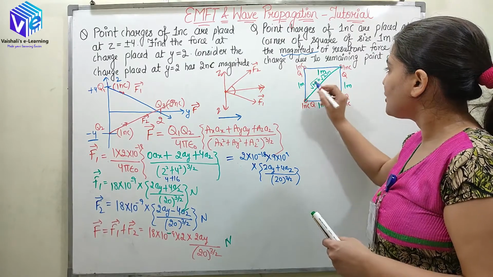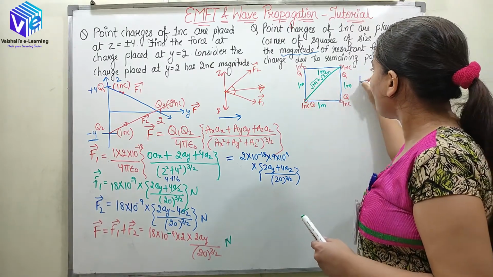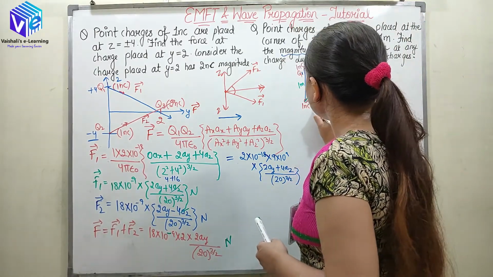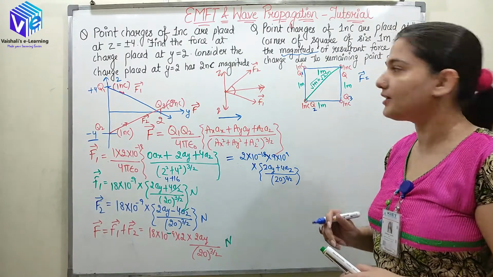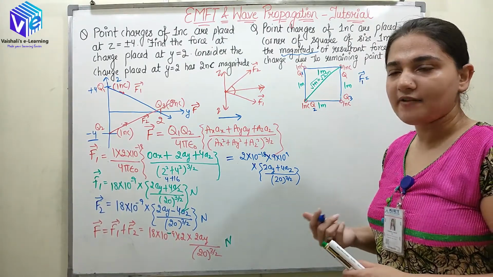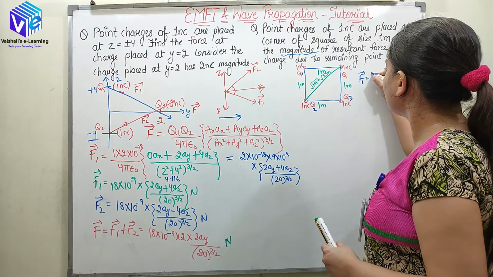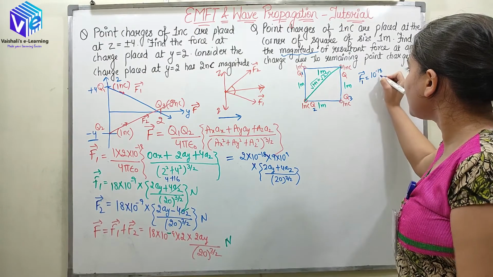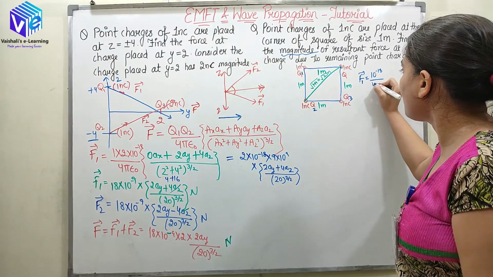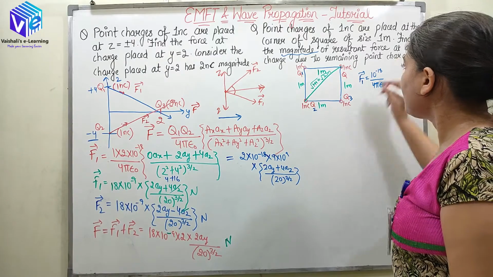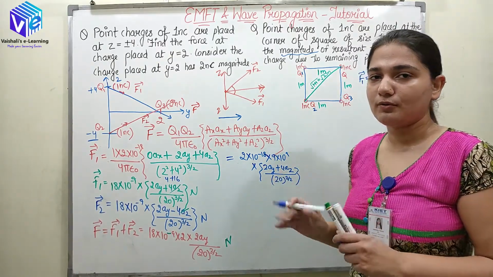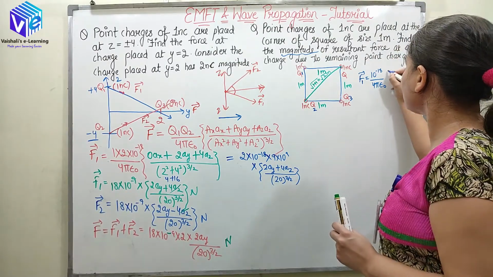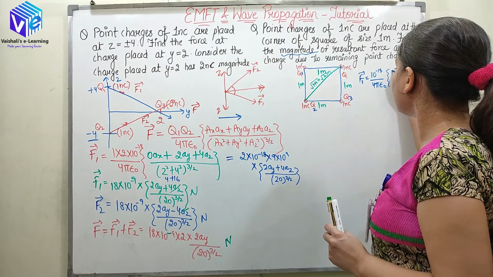What will I be doing? So here, what is the force due to this charge? Let's suppose this is my Q1, this is my Q2 and this is my Q3. Force due to Q1 is F1. So it will be equal to 1 nanocoulomb into 1 nanocoulomb, which is 10 raised to power minus 18 coulomb. So it is Q1 into Q2 upon 4 pi epsilon naught. I am supposing that we are in vacuum. So whenever nothing is given, you will be using epsilon naught only. Okay. So now it is multiplied with 1 upon r square.